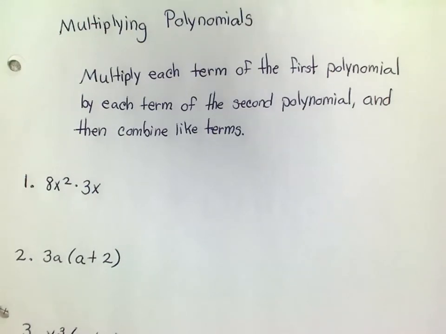The steps are to multiply each term of the first polynomial by each term of the second polynomial, and then combine like terms. Okay, so for this first example that we have here,